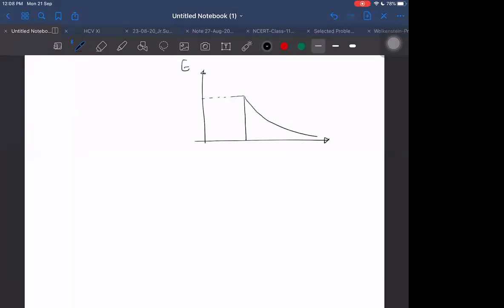Inside, the field will be 0, on the x-axis. Suddenly, outside, it will be equal to maximum E, and then decreasing as GM by r square. It will be highest on the surface of the sphere. From just inside to just outside, it will be varying quickly. How will it be varying from just inside to just outside?